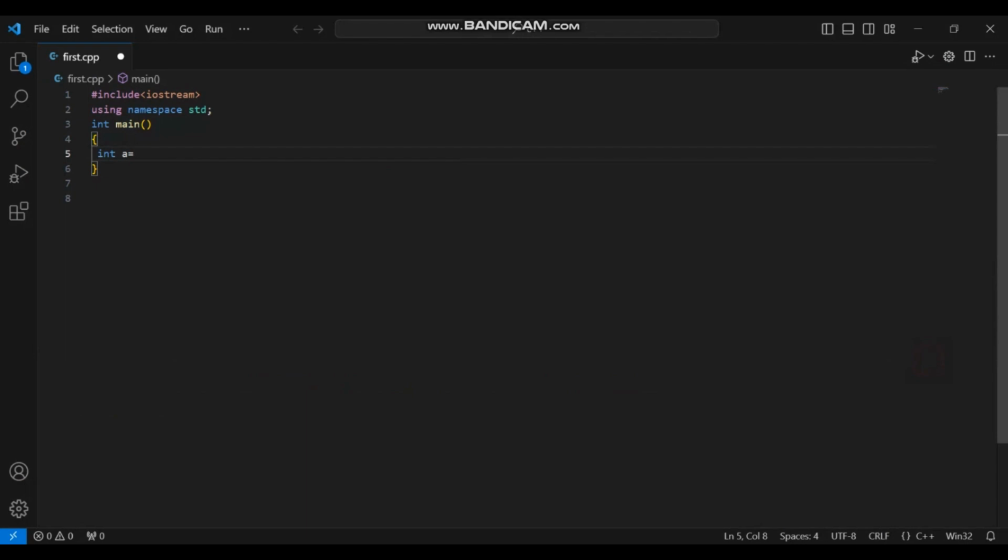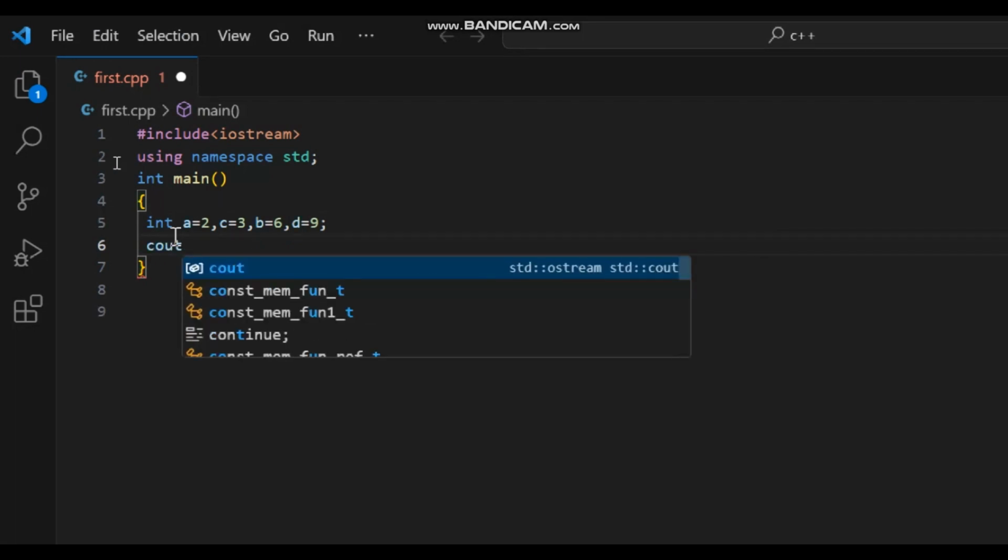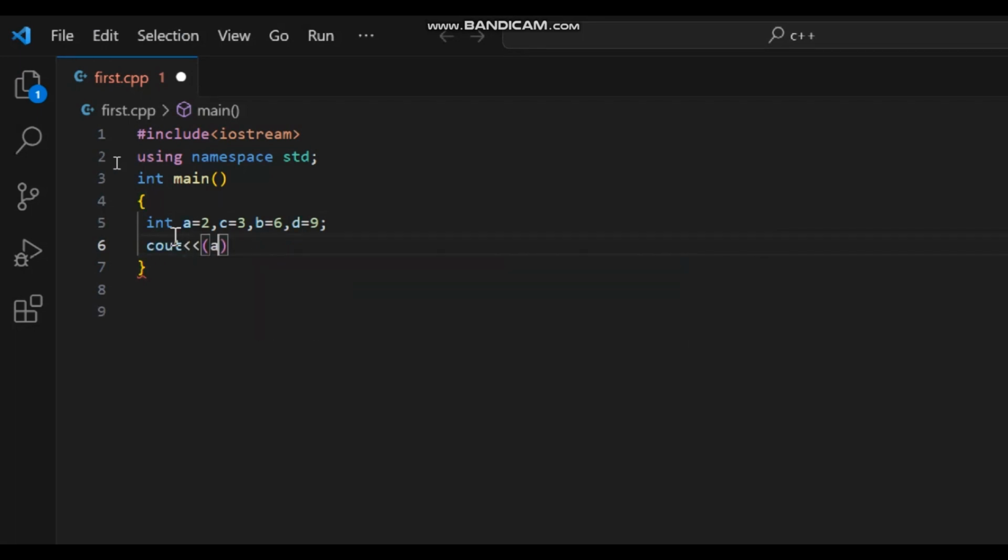Enter A is equal to some random value, C is equal to 3, B is equal to 6, and D is equal to 9. Here if we write two conditions, for example if A greater than B and B is greater than C, it checks the two conditions. We are using the AND operator. If we use the AND operator, the two operands, left operand and right operand, should be true here.